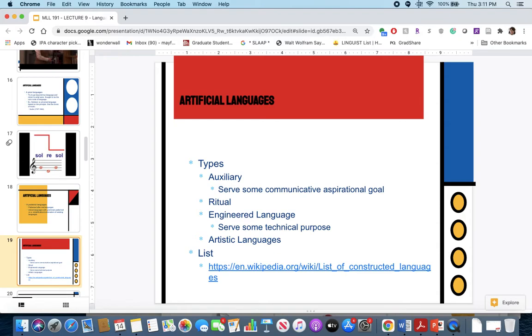Sometimes the languages can be engineered for a specific purpose. So, for example, they wanted to look at the ways in which babies could pick up on language. So, instead of being biased in a certain language, they might make one up and see if the babies respond. And then some of them are very artistic languages. So, here's a Wikipedia link of some artificial constructed languages, what they call conlangs, to give you a sense of how these are created for a specific purpose.